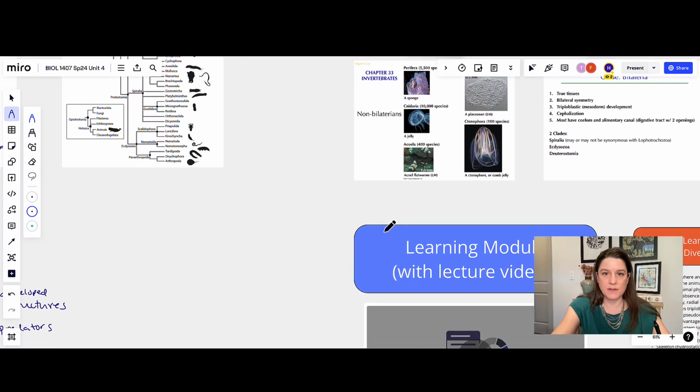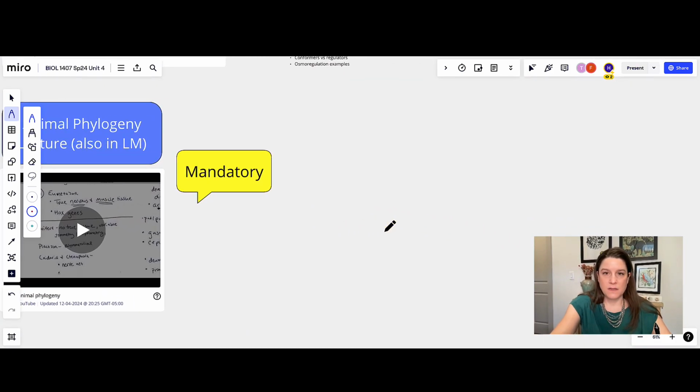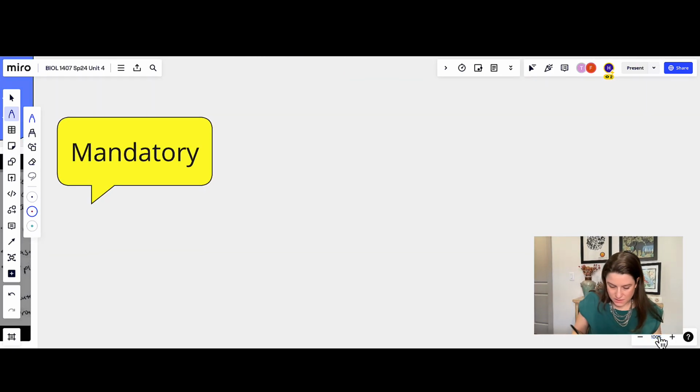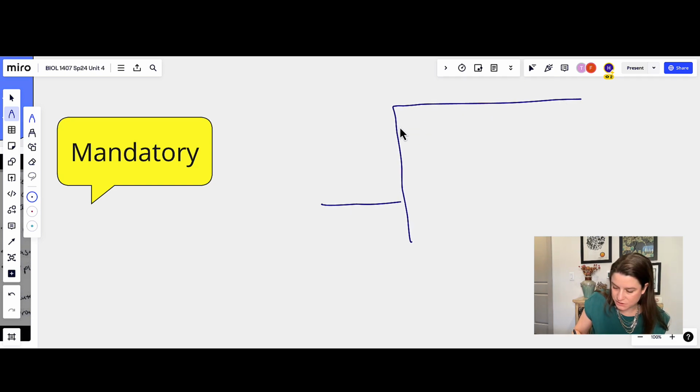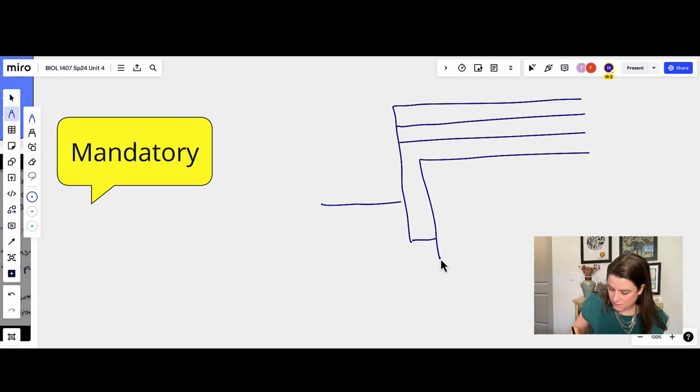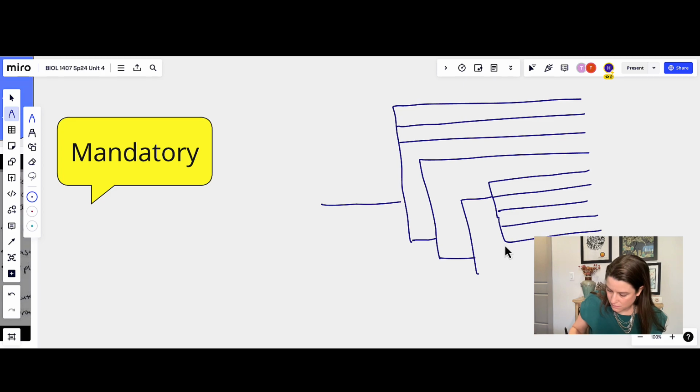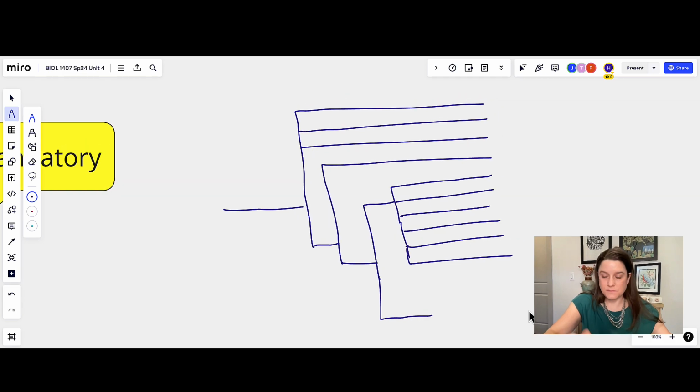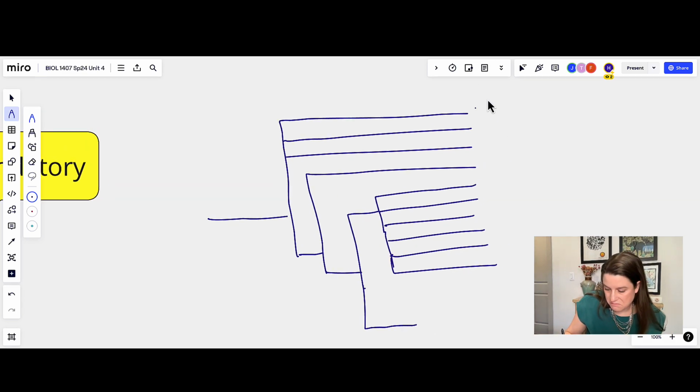And actually, you know what? I think we have time to quick draw this. I'm not going to go into massive detail about it, but this is how we're organizing this. Okay, so it doesn't matter what order you put these first three in,